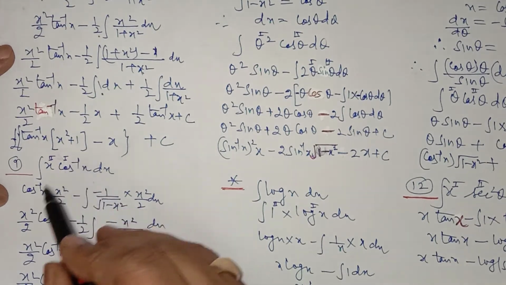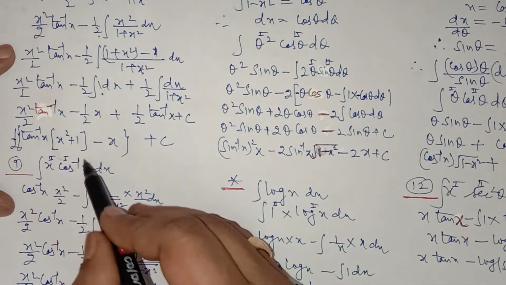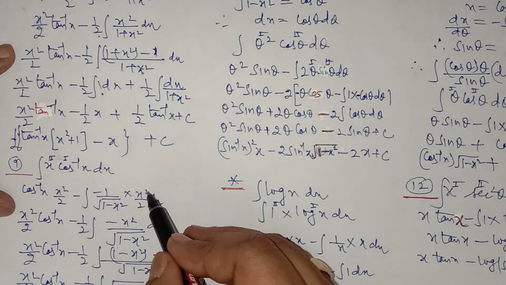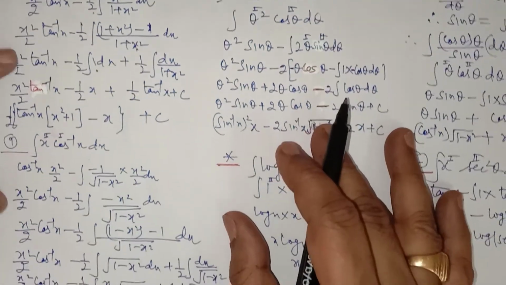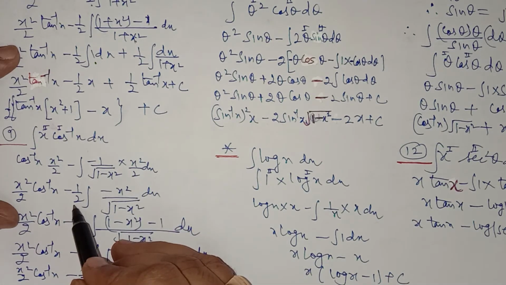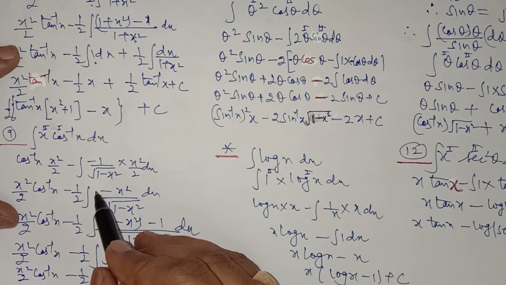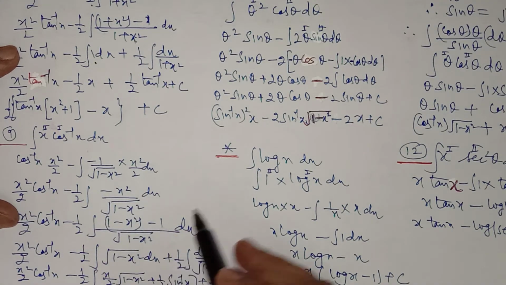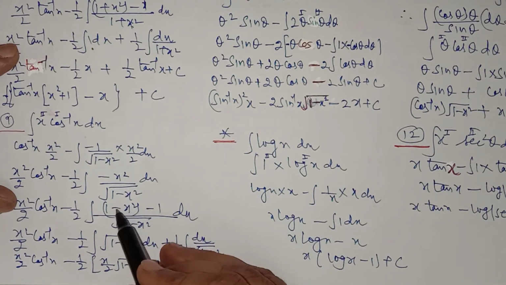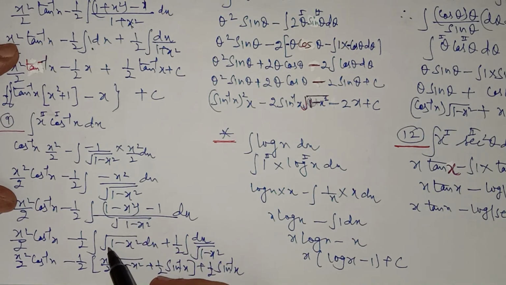So first function as it is, integration of second, which is x square upon 2, minus derivative of the first, which is minus 1 upon under root 1 minus x square, into integration of x square upon 2. Now take care of this x square upon under root 1 minus x square, 1 upon 2 outside this. Now we have minus x square, so adding and subtracting 1, minus 1, because we have under root 1 minus x square. So 1 minus x square upon under root 1 minus x square will be under root 1 minus x square.